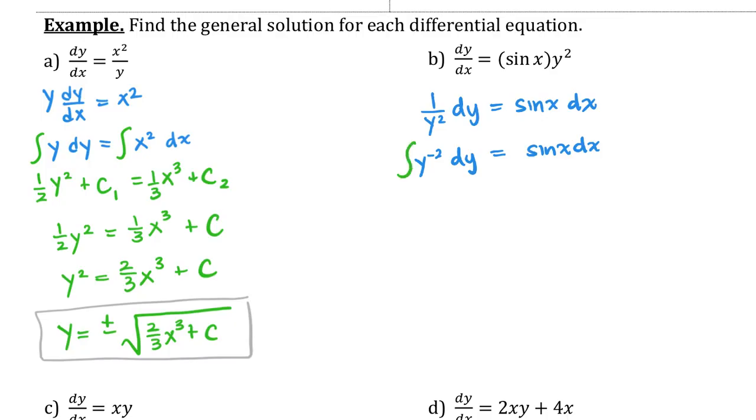Okay, let's take the integral. So I'm going to get y to the negative 1, and I'm going to divide it by negative 1, so it's going to make it negative. Okay, and then I should add a constant like I did over here, but I'm going to add a constant